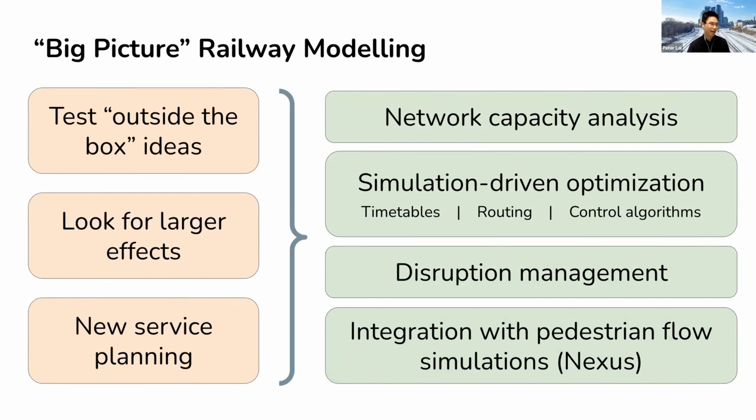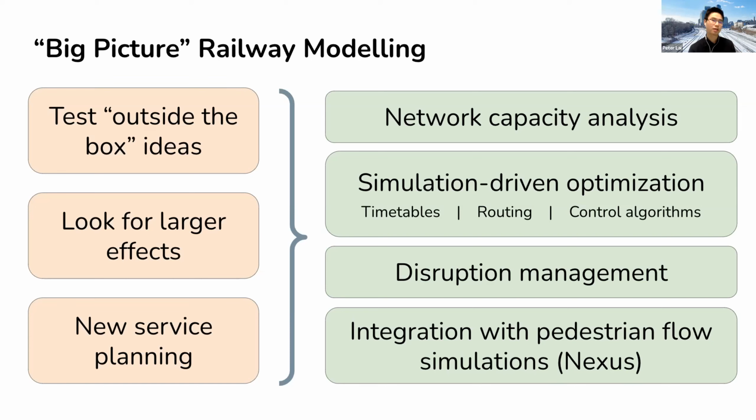So, use cases and applications. Spur is really intended to be used to look at the big picture. The key idea is that you can quickly get results at the network scale without having to spend too much time or money. This enables things like rapid prototyping we mentioned earlier, where it becomes a playground for experimenting with outside-the-box ideas, which might be useful in situations like planning a new service. So some of the applications include